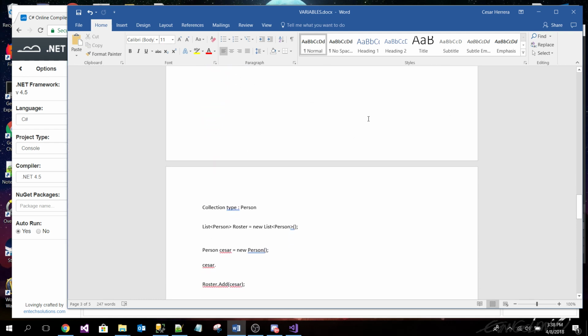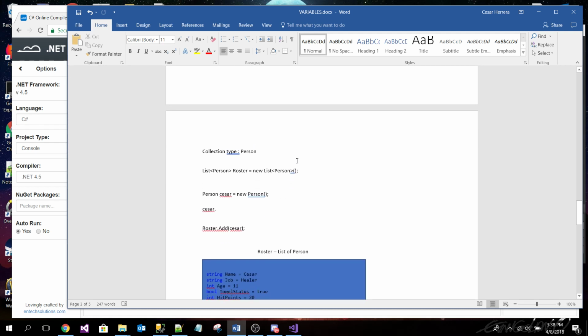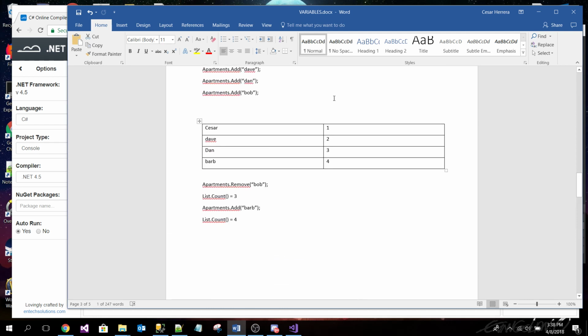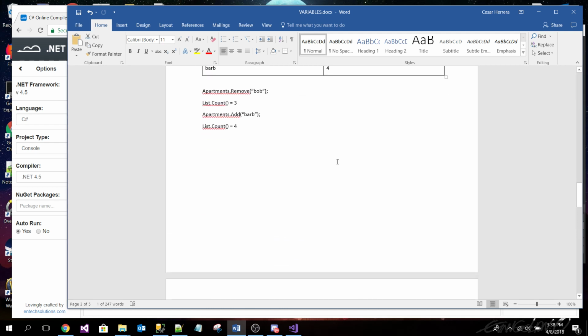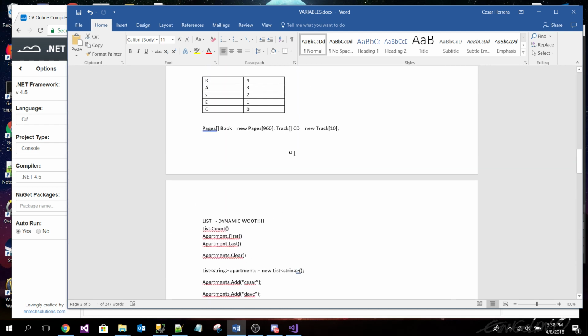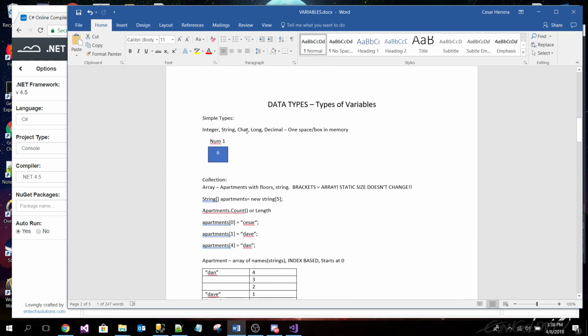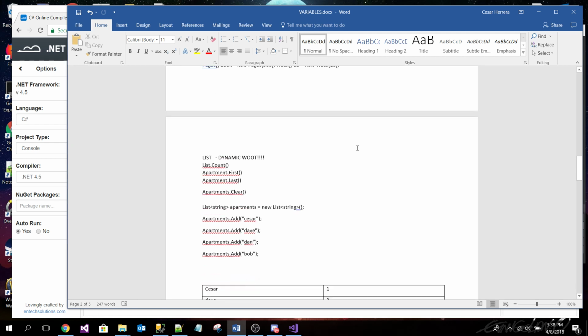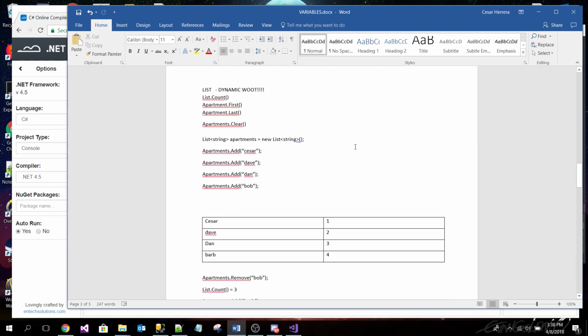All right. And remember that we could put things of different types in the list. A list can hold not only basic data types like strings, integers, chars, or longs, you could put different types of objects in there, like classes.